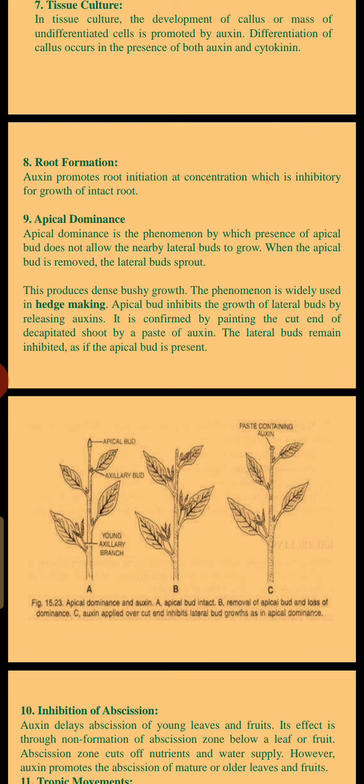You will see here three plant materials, plant species A, B, C. In the first case, A, it is the normal case. It means the apical bud is there, and on the lower side you can see the axillary bud, or lateral bud, and you can also see the leaf, and the axil of the bud. In the second case, B, you have to cut the apical bud, then you will find a difference in the proliferation of the axillary bud.